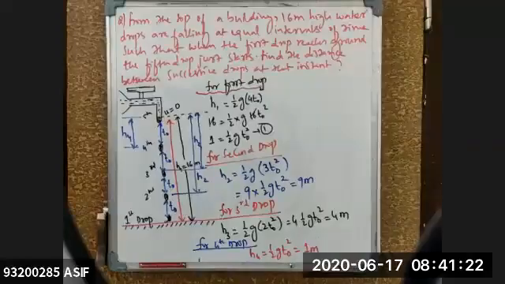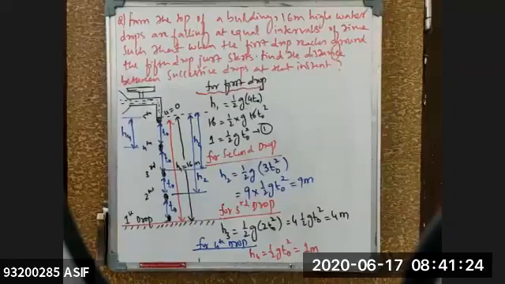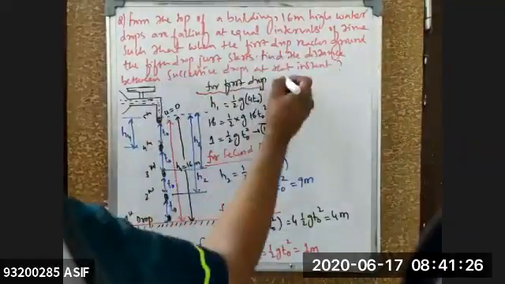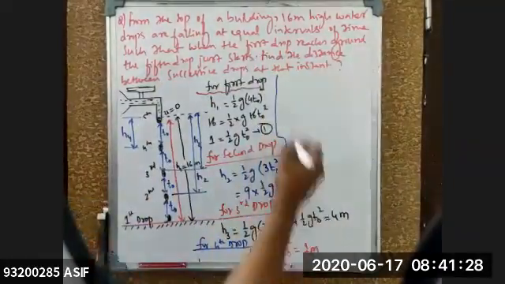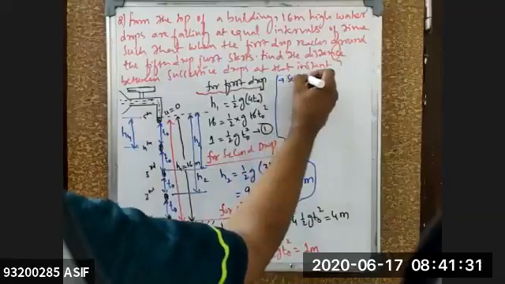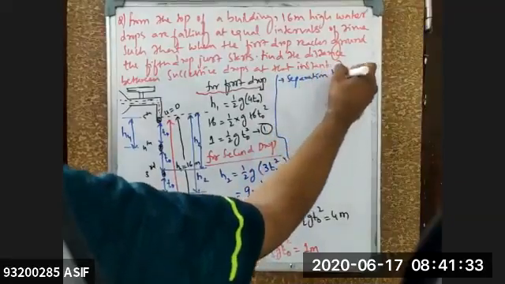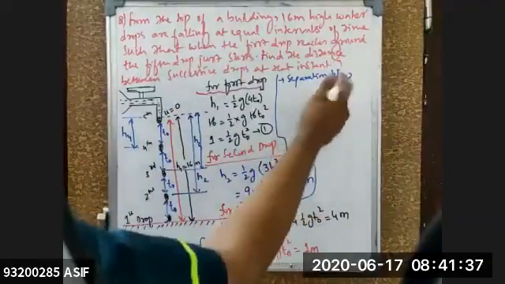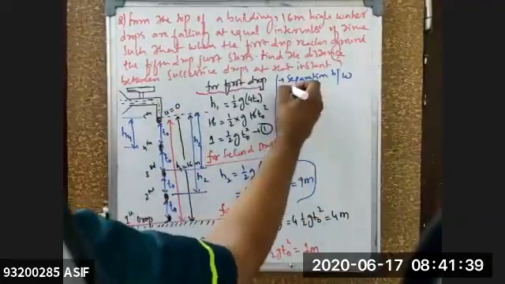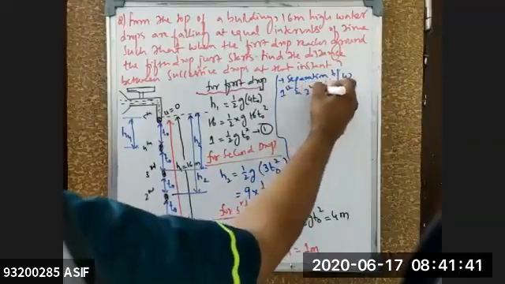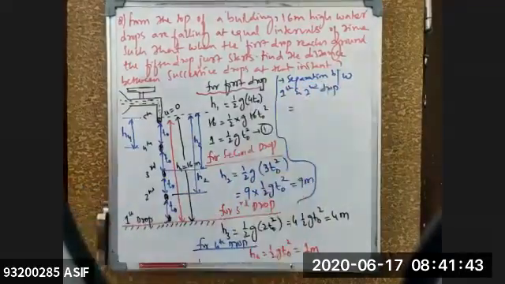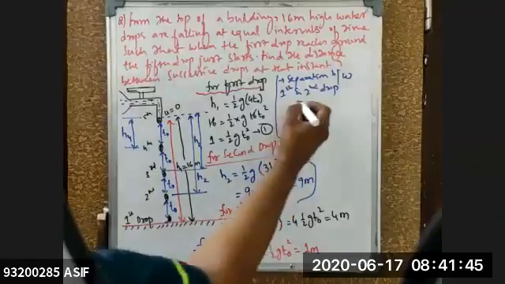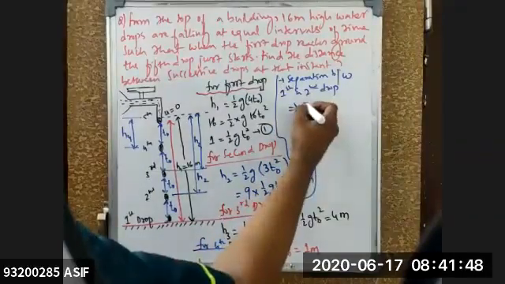Now I need to calculate what? The separation between the first drop and second drop. Find the distance between successive drops is what is asked. That is separation. Separation between successive drops means for each of the drops I need to calculate right now. So the separation between the first drop and second drop, how much will it be? Can anyone tell me what is the answer?